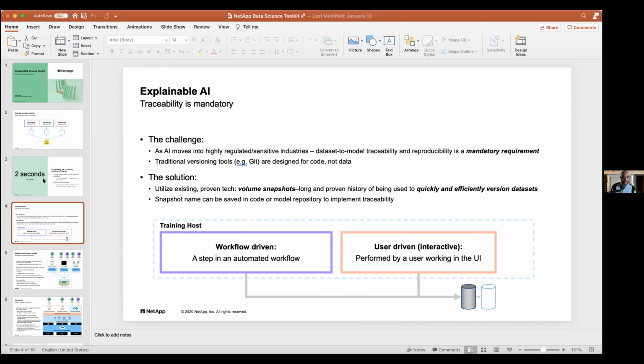So there's the two different use cases. There's the cloning, which is, let me just get a copy of the data so I can have multiple people working multiple models against. And then there's the versioning, which is more applicable to the example that I gave, which is, I want to